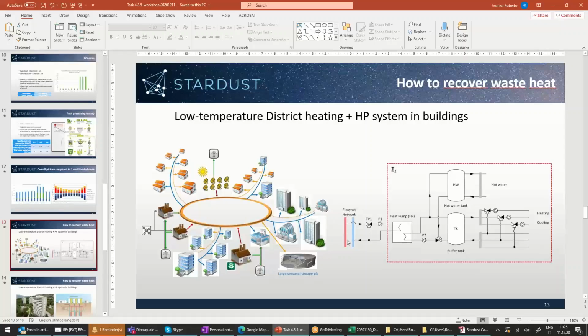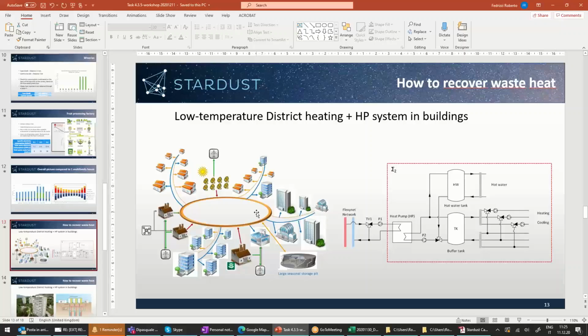Okay, so in each of the customer buildings, you might imagine that we have a system like this, similar to a geothermal heat pump system that raises the temperature from 20 degrees to something like 30, 40, 50, whatever is needed for heating domestic water purposes. What are the advantages of using this low temperature distribution in district heating? The advantage is exactly that you can recover low temperature waste heat from different sources, as we saw in my